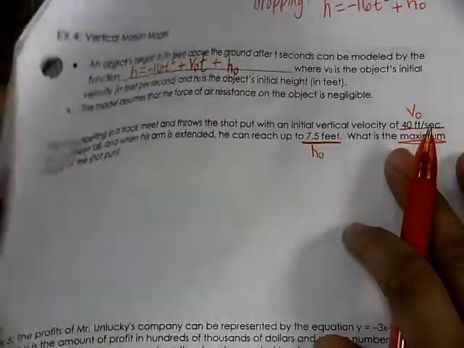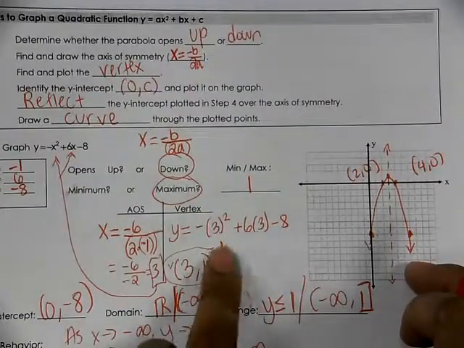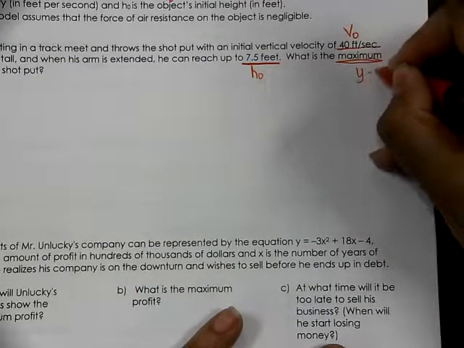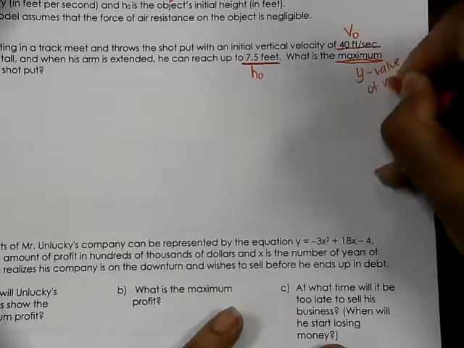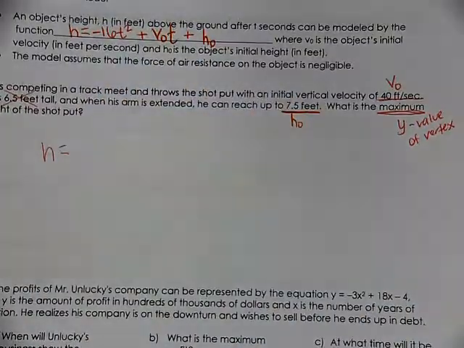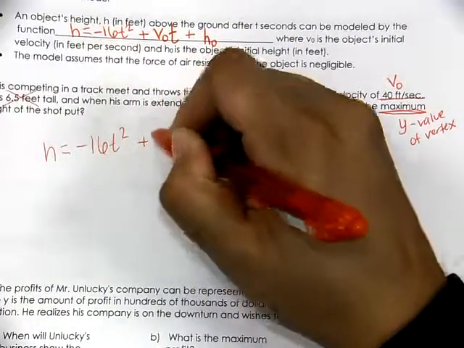Kind of think back to our first page of the notes for a quick second. Maximum is where you find the y value of your vertex. That's how we found the max value. Okay, so that's what we're doing here. To find the maximum, we're going to find the y value of the vertex. So let's go ahead and substitute them in, find out what the equation is, and then try to find that max. So negative 16t squared plus